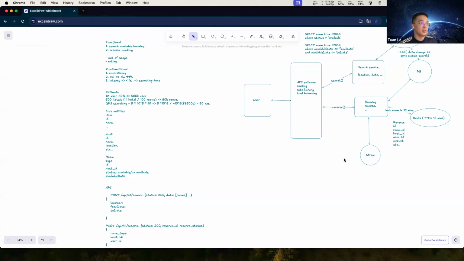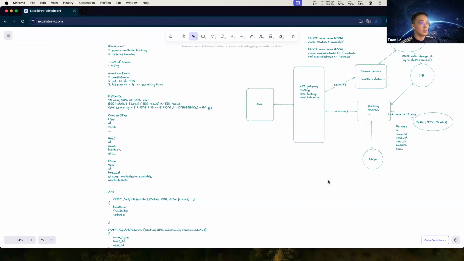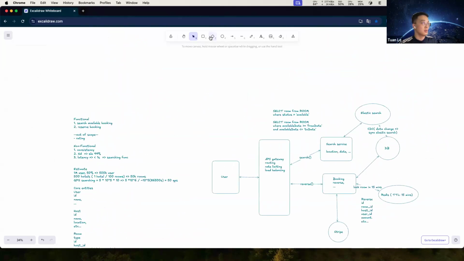And the default, we get the top 10 locations and rooms, maybe top 10 hosts.